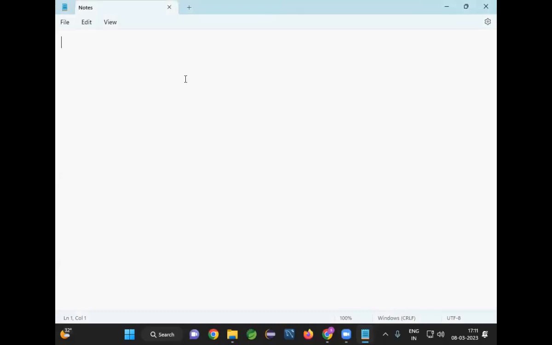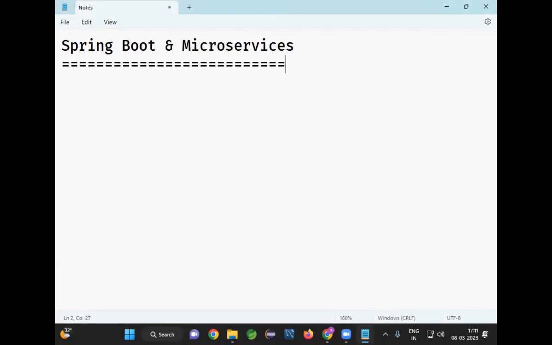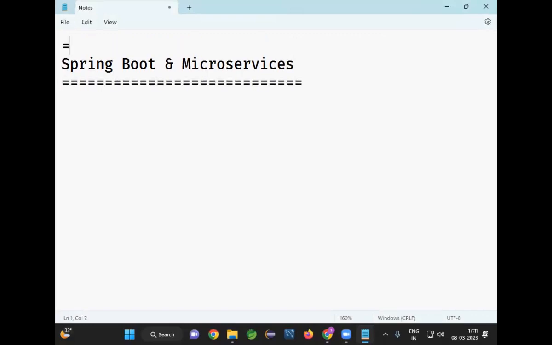Today is our first session related to Spring Boot and microservices. Spring Boot and microservices is a mandatory course for every Java developer. Whether you are a fresher or an experienced developer, it's mandatory that you learn Spring Boot and microservices. Without Spring Boot and microservices in your resume, getting the Java interview call is very, very